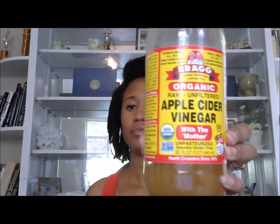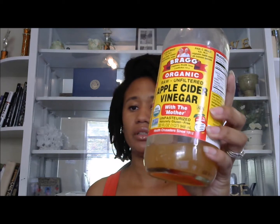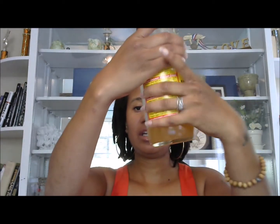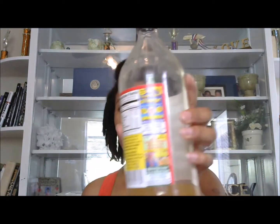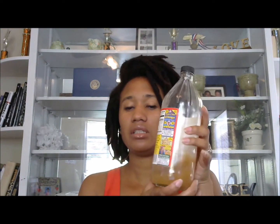So this is the one that I use, Bragg Organic Apple Cider Vinegar with the Mother. And as you can see, I have to get more. I actually have 2 bottles of this that are at this exact amount. I use this